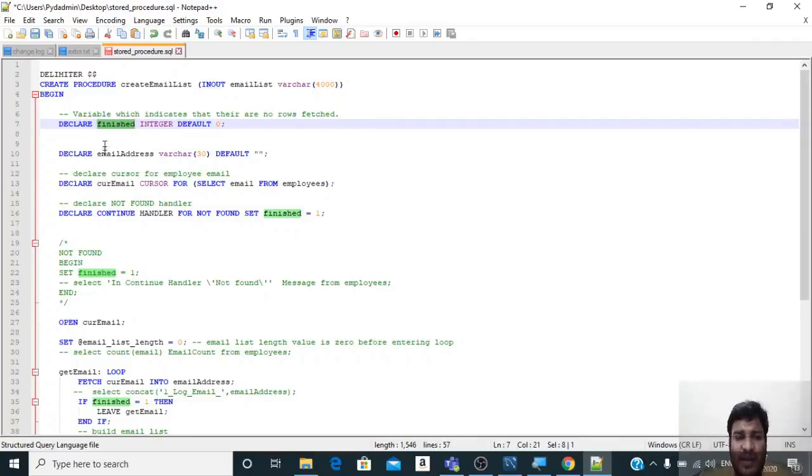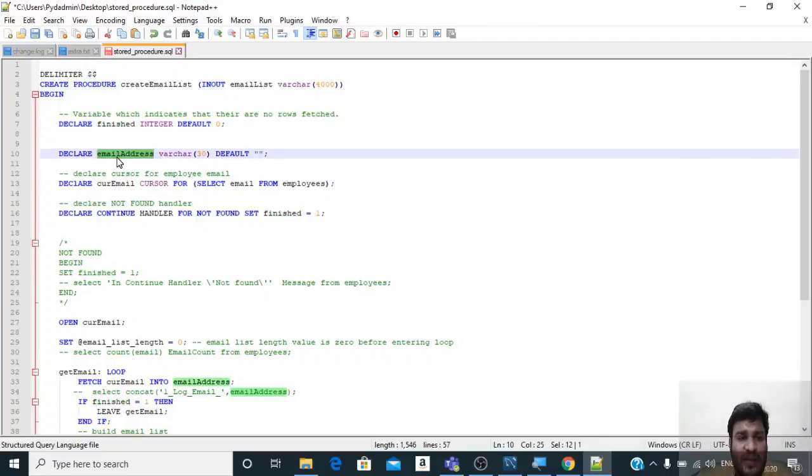This is how reading of the database works with cursors. When a cursor is fetching values and did not find any value, that cursor will make this finished as 1, and then we can exit. Then the email address will store the current address, as we have to concatenate so many email addresses.